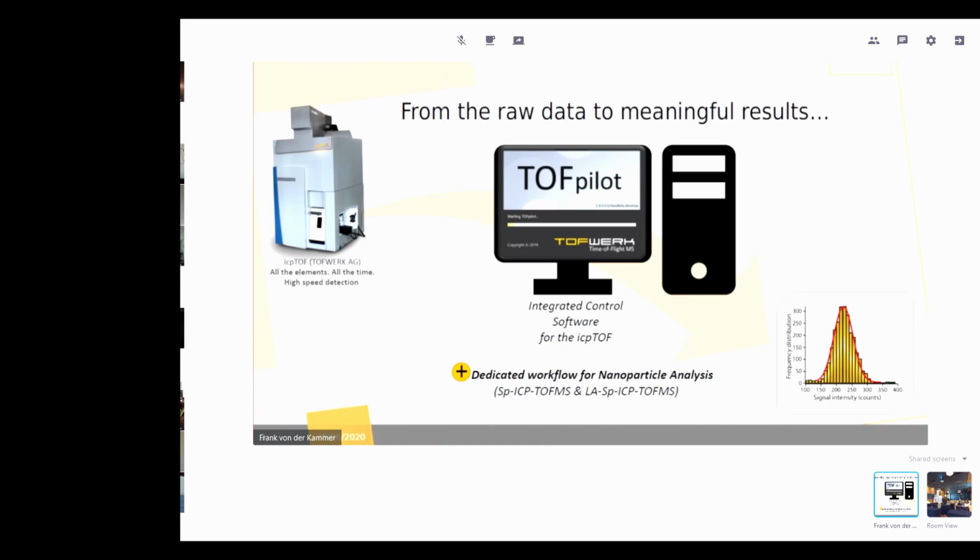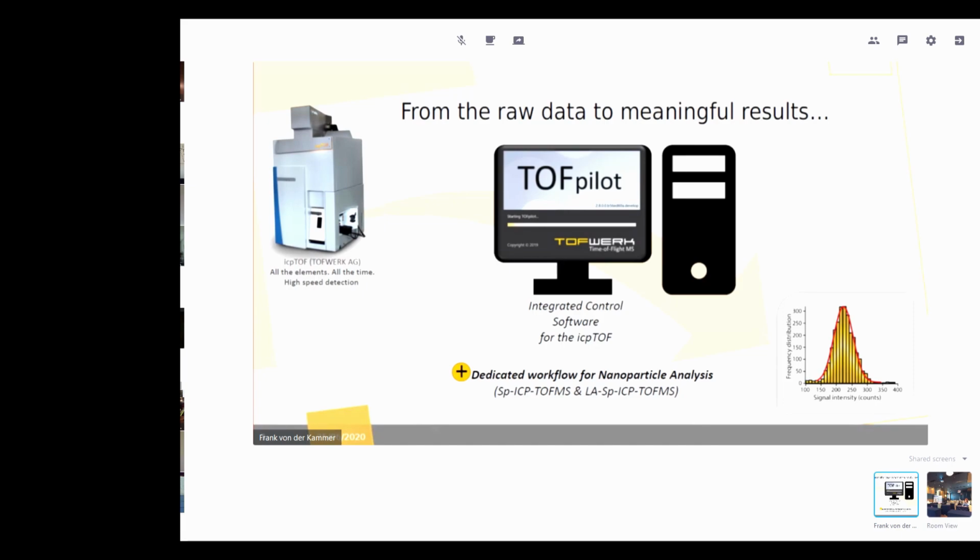TOFWERK produces this instrument, the ICP TOF-MS, in Switzerland, and they have, within our project, developed several methodologies, but also improved their software environment to ease up data treatment and also identification of single particles and events, and being able to do multi-element fingerprinting on those